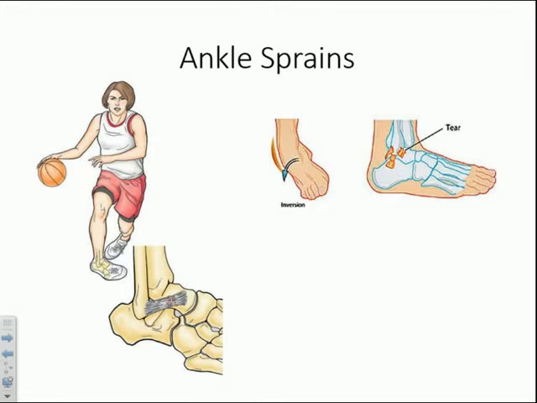If we look a minute at the mechanism of injury, normally we have the tibia, which is lying on top of the talus, which itself is lying on top of the calcaneus. And normally we have a direct transfer of weight through the tibial shaft down into the calcaneus. If we look at what happens when an individual lands with a certain degree of inversion, we now still have the tibia directly on top of that talus,